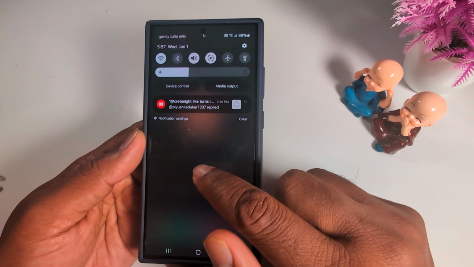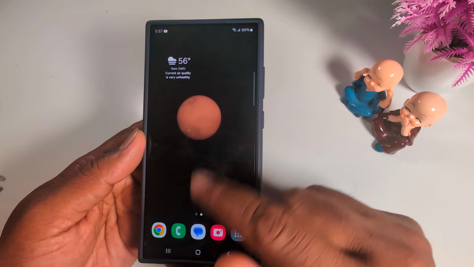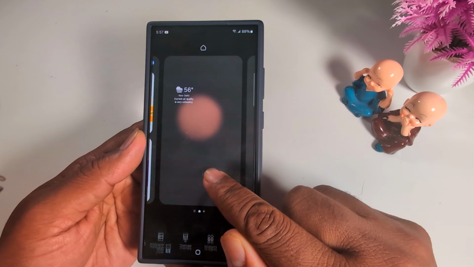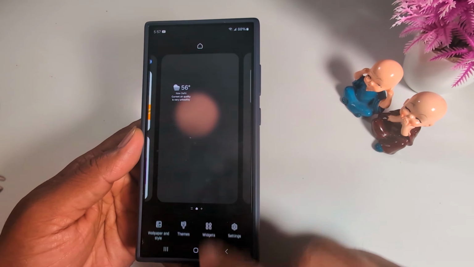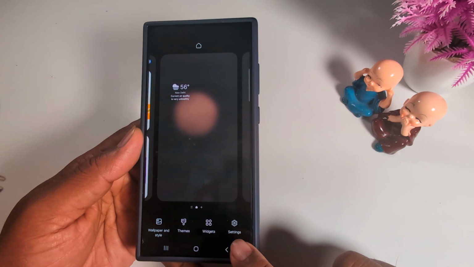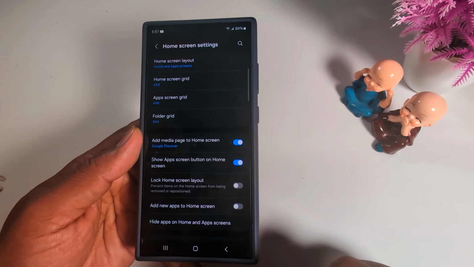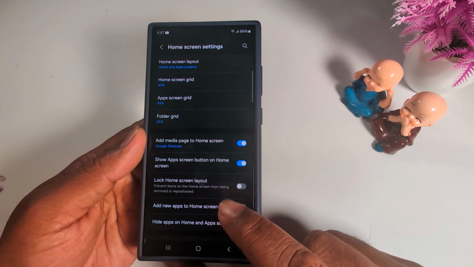If you want to access this notification from anywhere on your home screen, enable this feature. To enable it, tap and hold the blank space on your home screen. Tap the setting gear icon at the bottom right corner. Now here you can find the option,